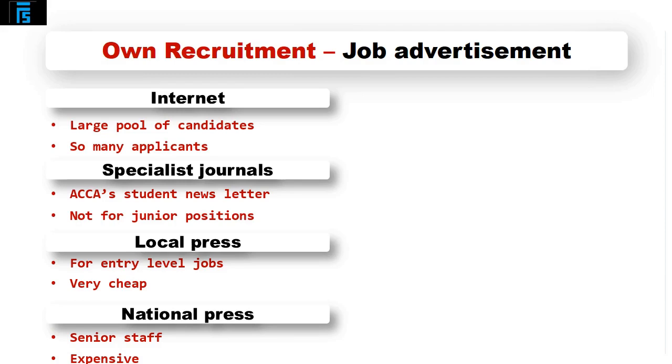Now, when we are going to do our advertisement, what do we need to say? Well, obviously it depends on what the position is. If it's an entry-level position, something like a trainee accountant with no experience necessary, you probably don't need to put an awful lot in. On the other hand, if it's going to be for somebody with 2 or 3 years experience, you need to be more detailed about what the job is going to entail and what the company is going to be doing.